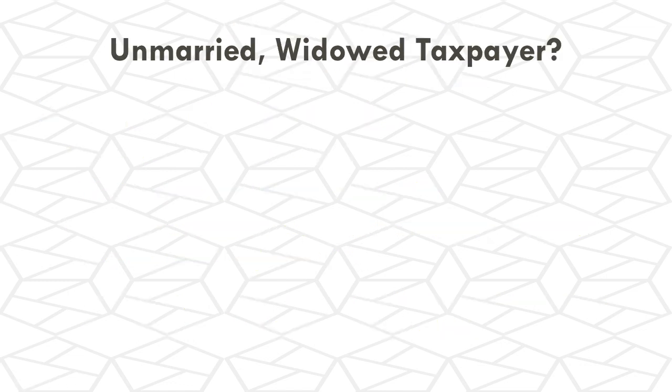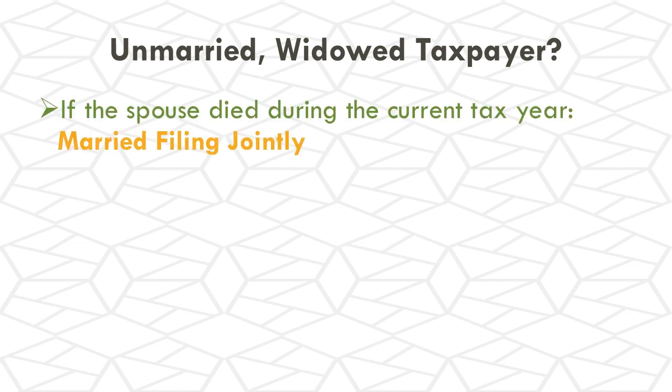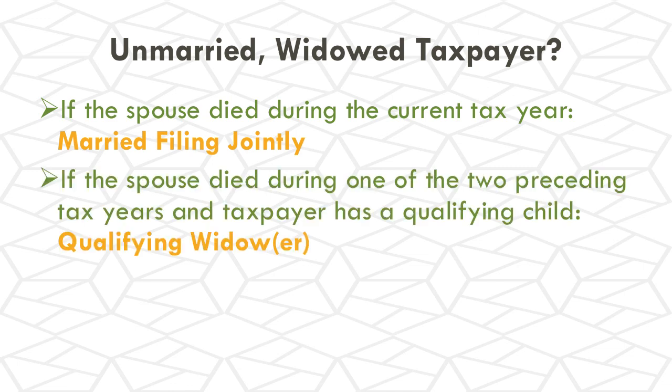So how do we determine how an unmarried widowed taxpayer should file? Okay, so let's just follow these rules. If the spouse died during the current tax year, they will file married filing jointly with their deceased spouse. Okay. If the spouse died during one of the 2 preceding tax years, and the taxpayer has one of those qualifying dependent children that we mentioned on the previous slide, so son, daughter, stepson, or stepdaughter,